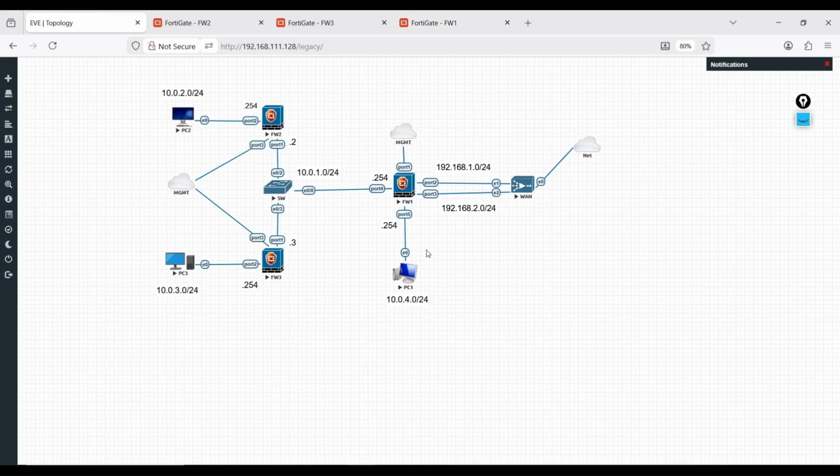First of all, I will configure a policy which allows internet access to these users or these ports. For this, I need a policy from LAN 1 and LAN 2 to WAN.